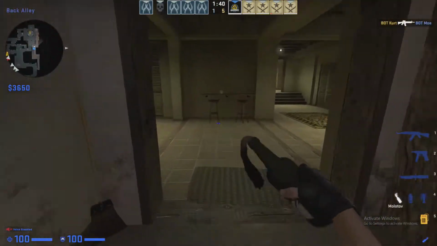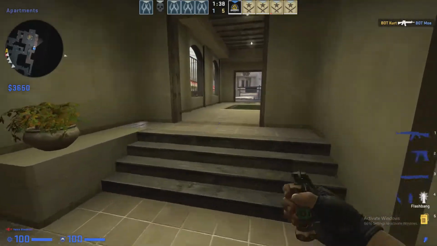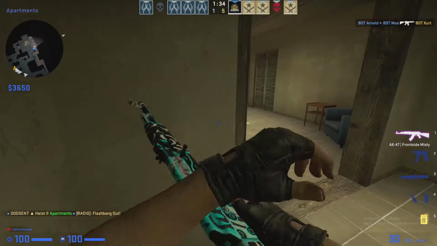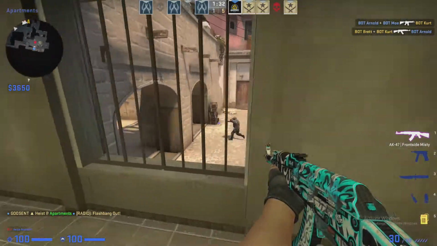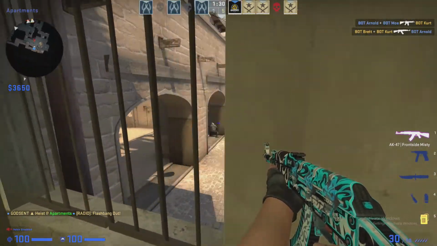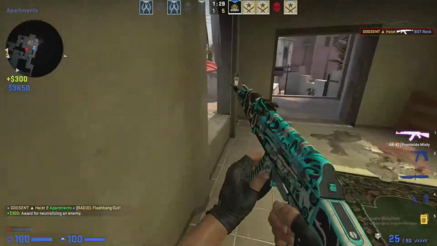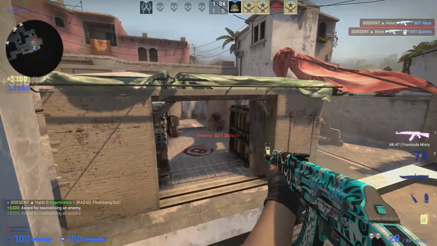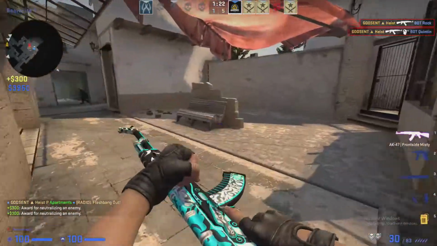So what we're gonna do here is we're gonna flash it, which he got blind, which he don't know where he's at, or no. Which he'll look that way, and then he got fucking melted there. So,